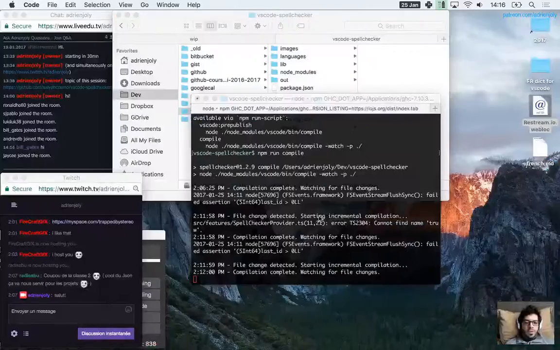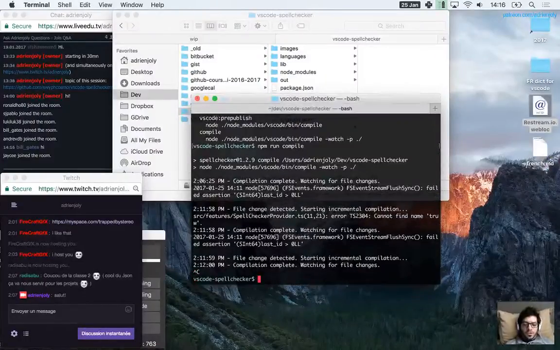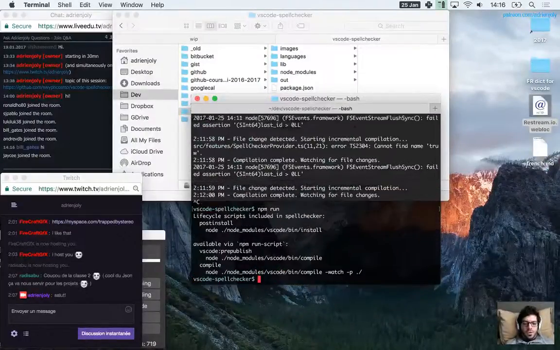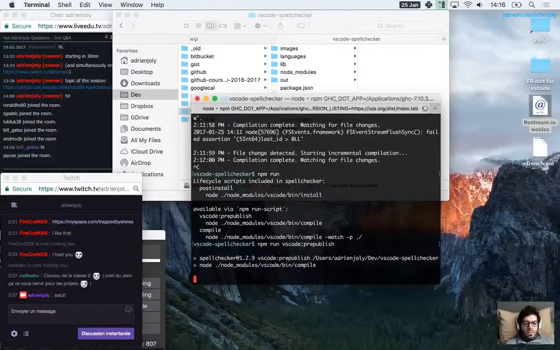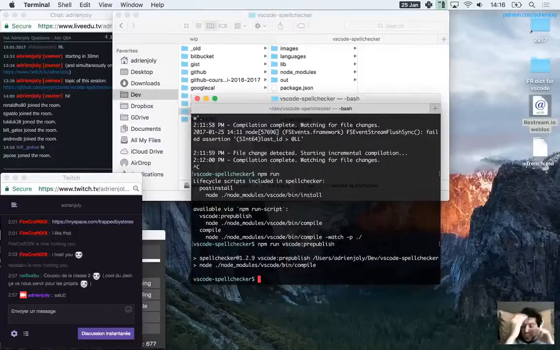Okay, so let's quit that. Okay, I'm gonna try another thing that I didn't try this time, which is to run VS Code pre-publish. Doing the same as the compile option, but